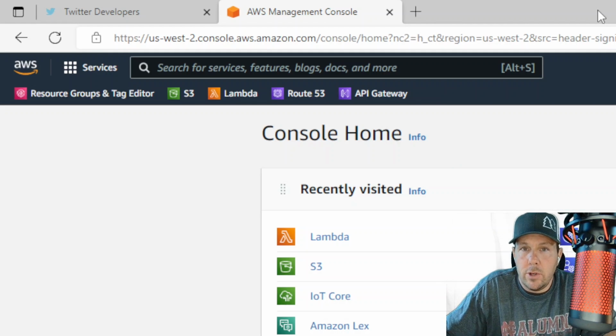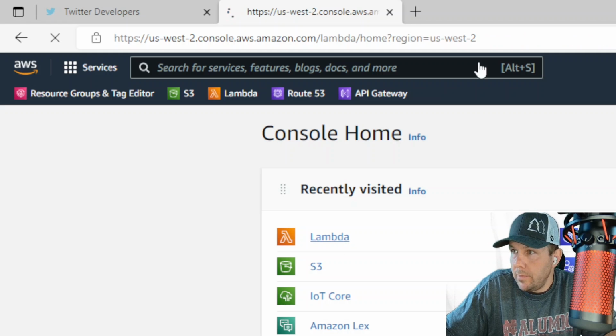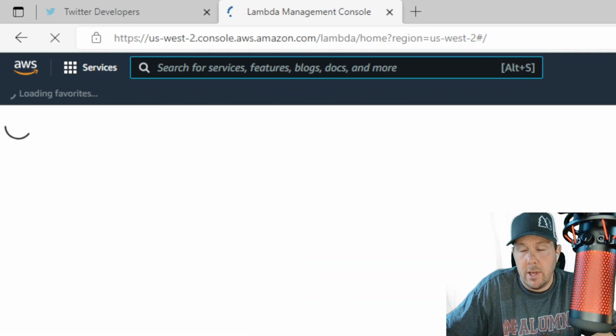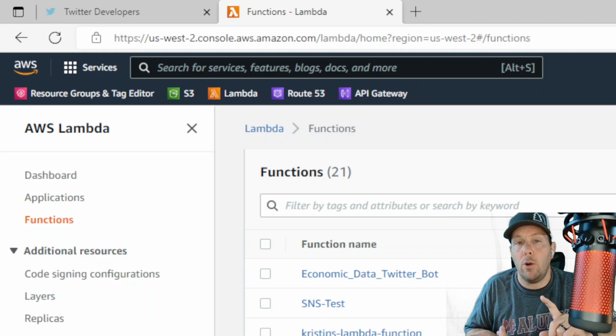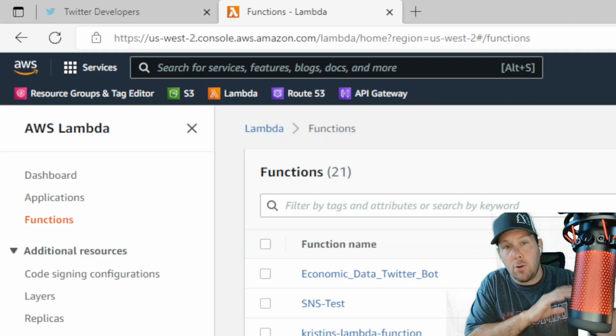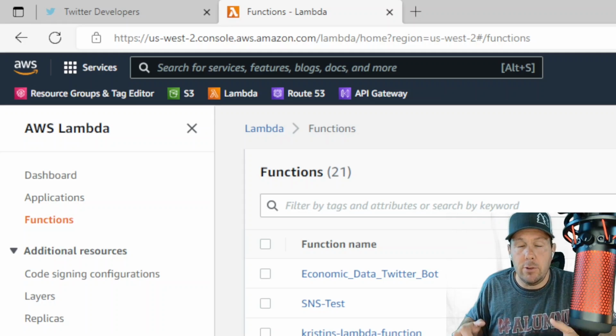All right, now that you've created your AWS account, we're going to be writing our code in what's called a Lambda function. So go ahead and click on Lambda functions here, and we're going to do two examples. I'm first going to walk you through a very simple hello world type Twitter bot, and then the next one is going to be a slightly more complex Twitter bot where we incorporate Lambda, S3, do a little bit of web scraping, scrape an image off the web, store it into S3, and tweet that out using our Lambda function